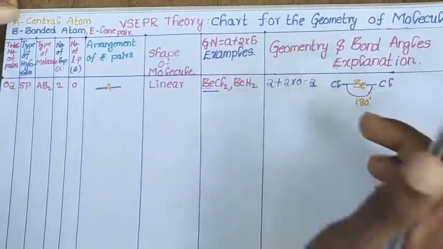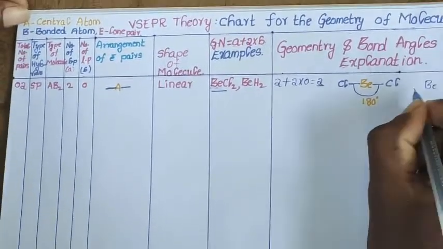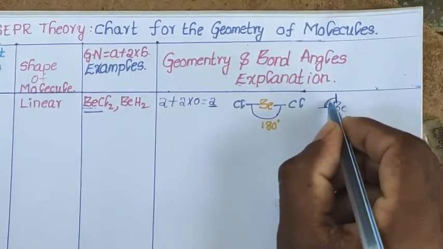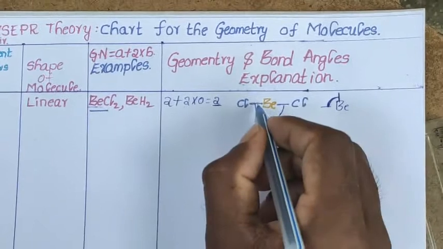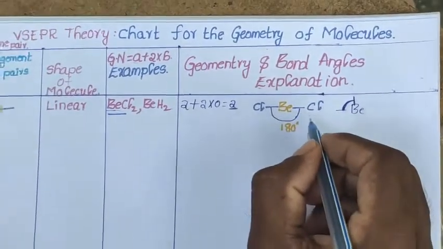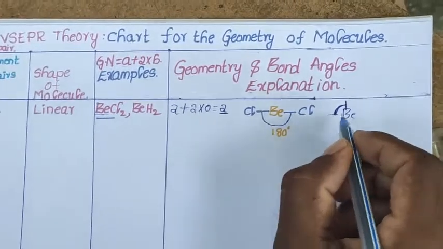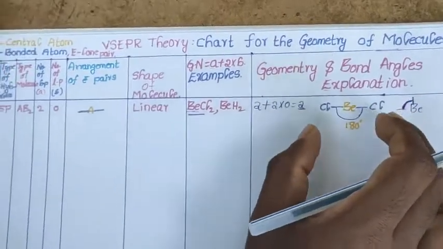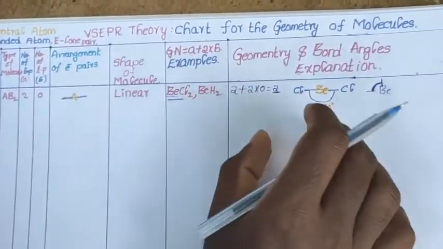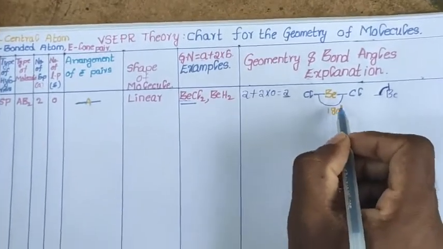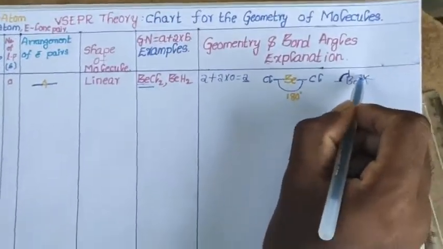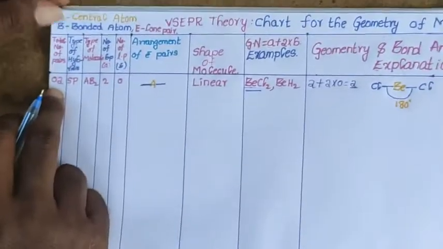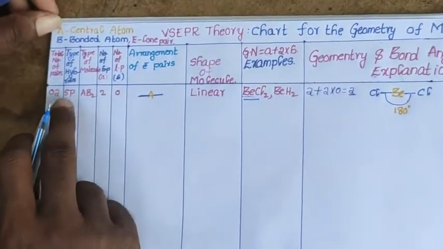Why is it arranged like that? Why not arranged like that? Because the other arrangement has more repulsions compared to this one, which has very less repulsions. What is the condition for VSEPR theory? The arrangement of electron pairs has minimum repulsions. That's why it is arranged like that only. Okay, so total number of pairs is 2. In this case you have only one possibility, this one only.